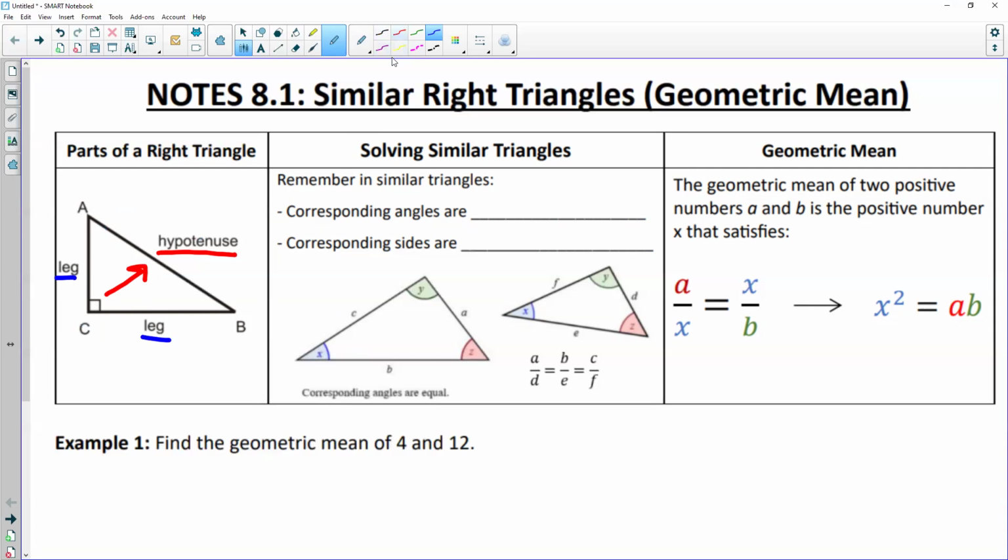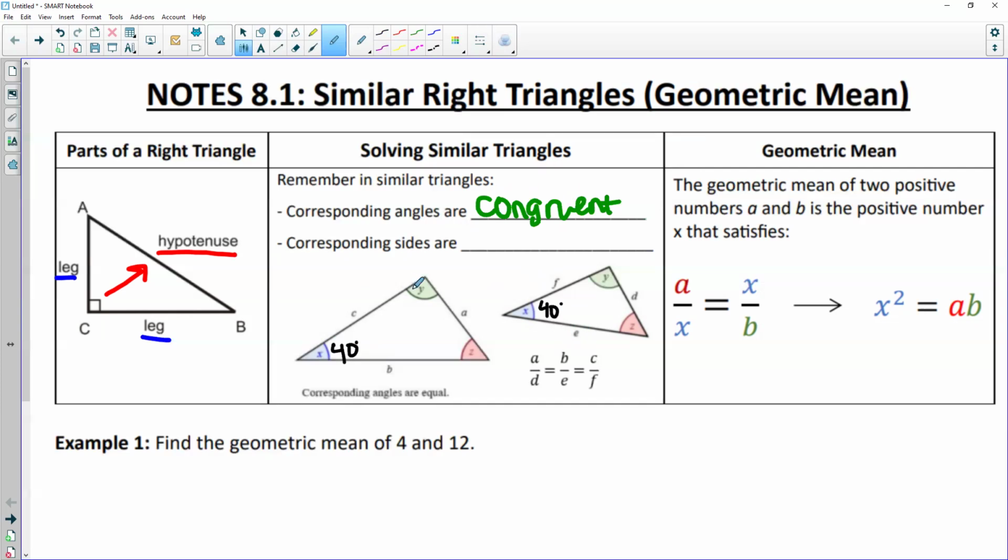All right. And so we also want to take a look at reviewing what we learned in chapter 7. Remember that when we're looking at similar triangles, corresponding angles are congruent, right? And so what this means is if we have two similar triangles, then the corresponding angles are congruent. So if we were to take a look at some examples here, right? Let's look at this blue angle right here labeled as X, right? If I was to say that that's 40, then it would have to be 40 in the second triangle if